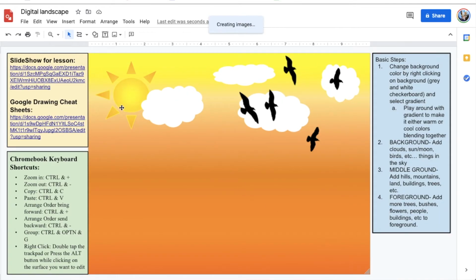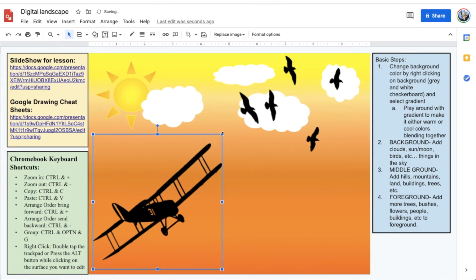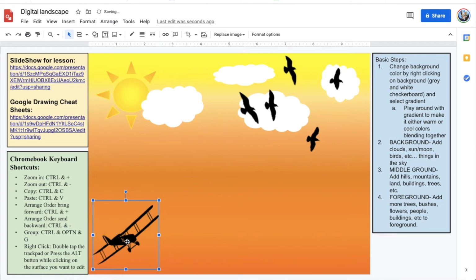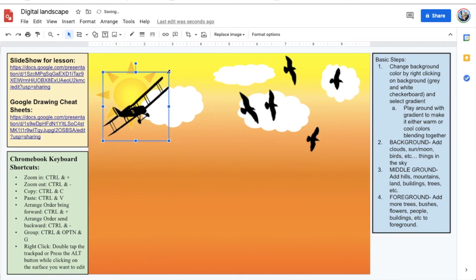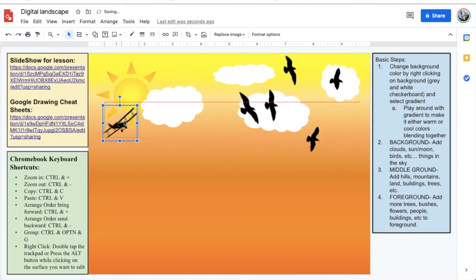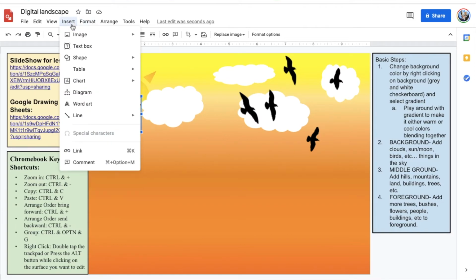So I'm going to select that, put it in. There we go. Nothing behind it. It's just the black plane. I'm going to drag it to make it smaller, clicking the corners and dragging, making it look like it's flying into the sun. So that looks fun. I like that a lot. And you could, of course, try to make your own objects with the